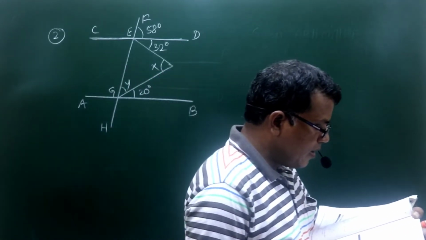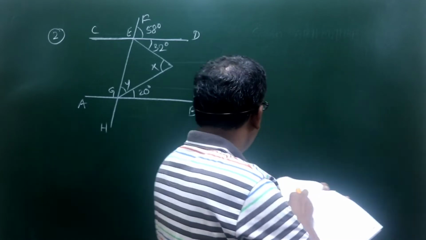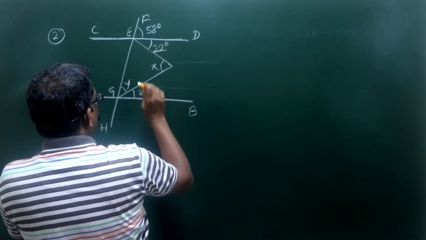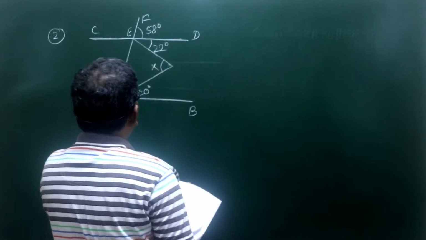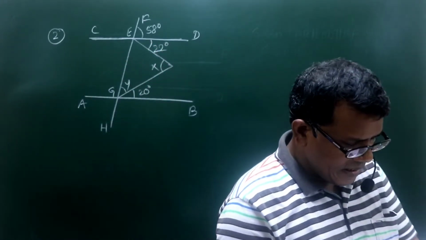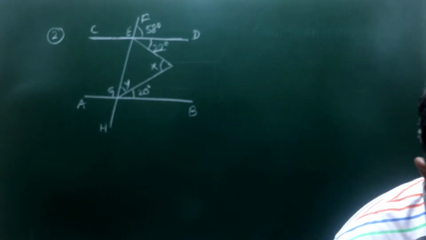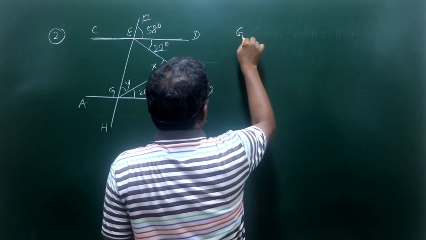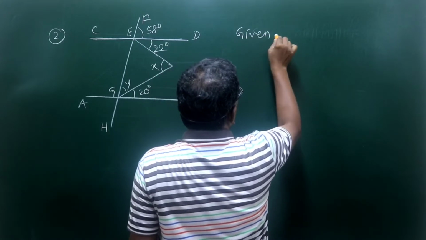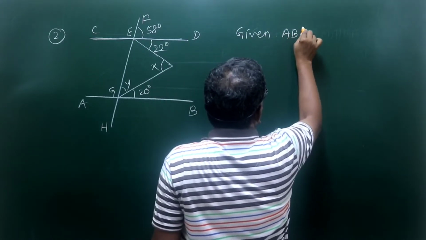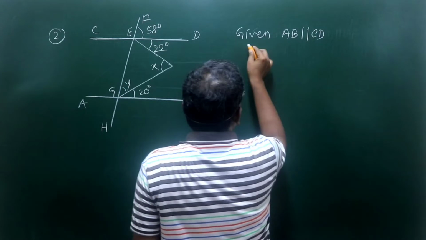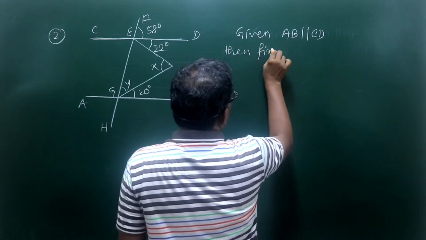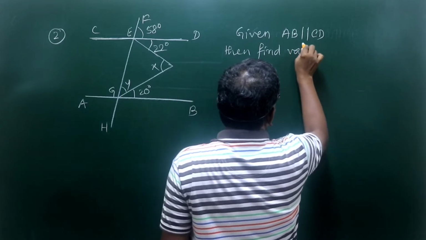Well, these are the, no, not 32, it is given 22, sorry. Well, these are the angle values given. You can see it is said that AB parallel CD. Again, the given information suggests that AB parallel CD, and then again the same question: find the values of